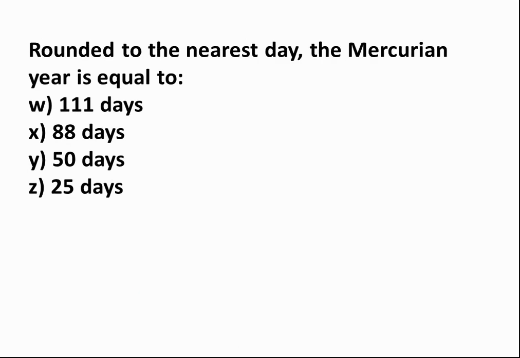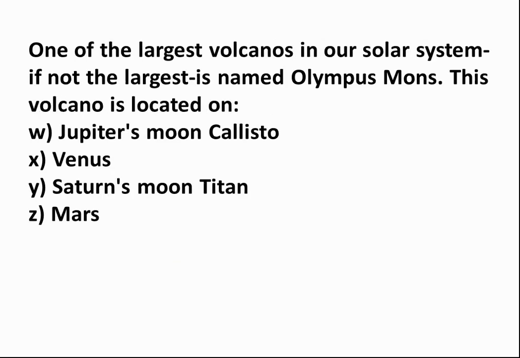Rounded to the nearest day, the Mercurian year is equal to W. 111 days. X. 88 days. Y. 50 days. Z. 25 days. Answer: X. 88 days. One of the largest volcanoes in our solar system, if not the largest, is named Olympus